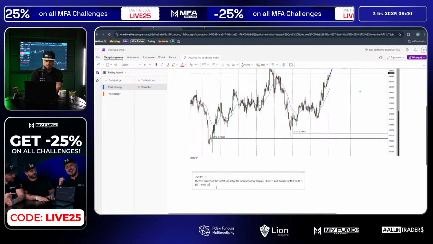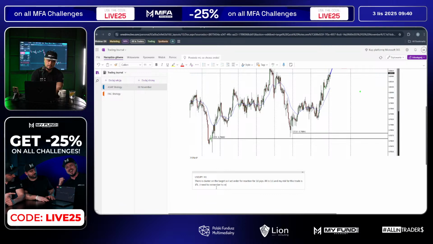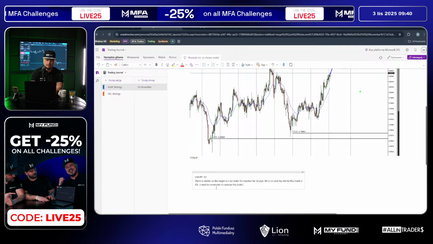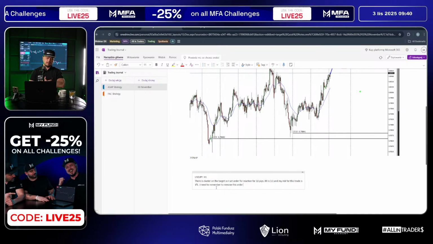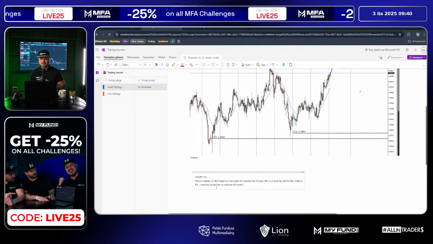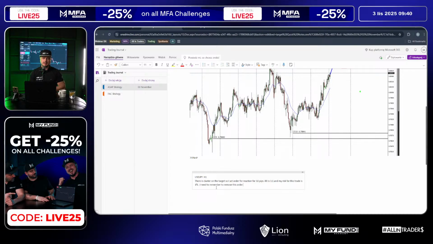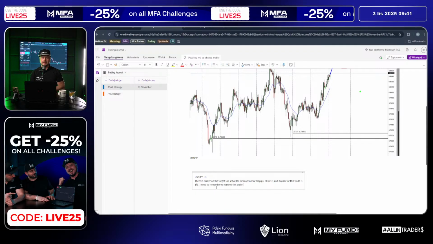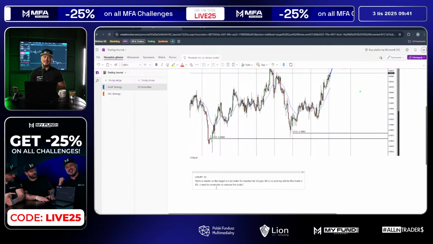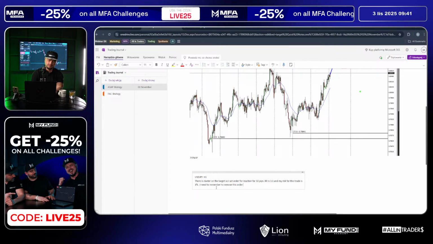I need to remember to remove this order. You know why I'm writing this down? I need to remember to remove this order before 3:45 p.m., before 4 p.m., because we got high impact news during that time. So if this order won't activate before that time, we need to remove it. Okay, remember, you need to remove it.